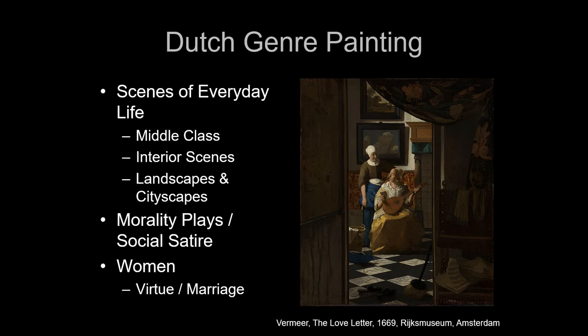Remember, we have a burgeoning middle class, but Dutch interiors tended to be small. They tended to be row homes. If you know what a row home is, it has a front and a back, but the wall's attached to the next home over, so it's not like you can have a window. So there's not a lot of lit space. There's a kind of reserved wall space.